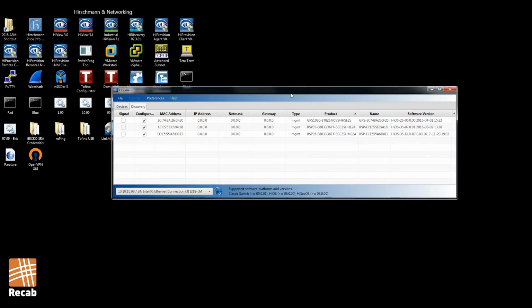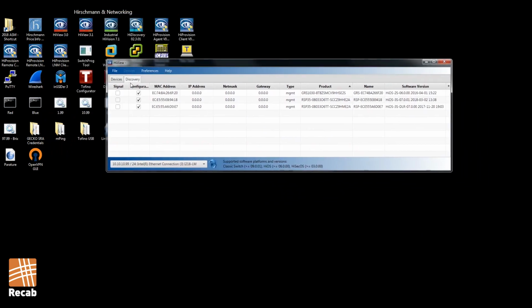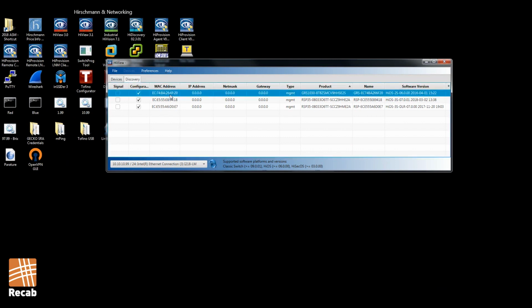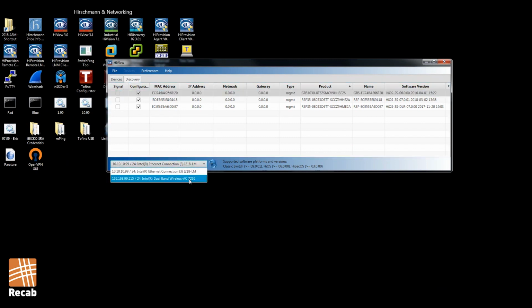So we're going to start with an application called HiView. HiView is our switch discovery tool as well as switch management tool. We've already gone ahead and scanned the network, making sure that the LAN card is connected. I've given my LAN card a static IP address of 10.10.10.99 on a 24-bit subnet mask. So if I do a rescan of the network,